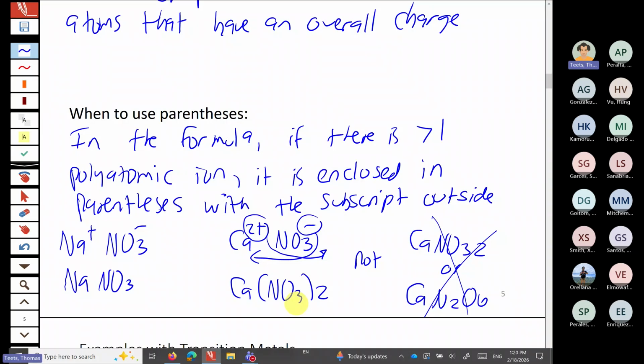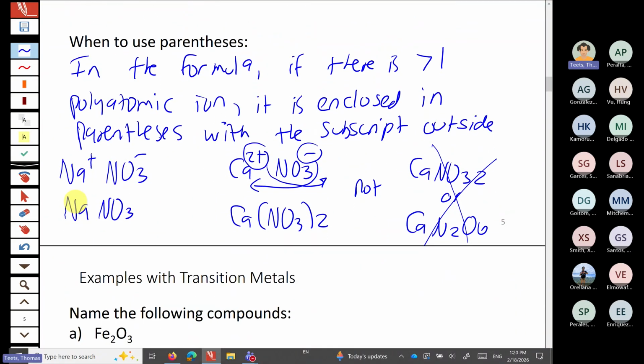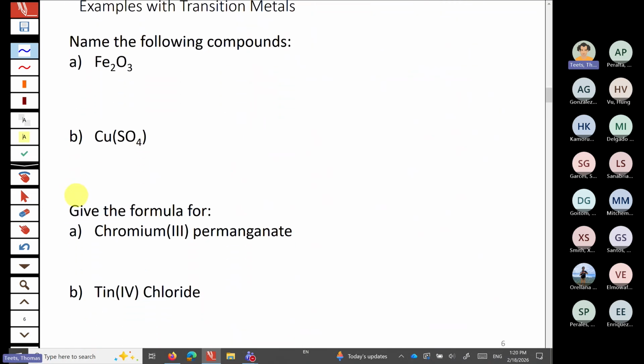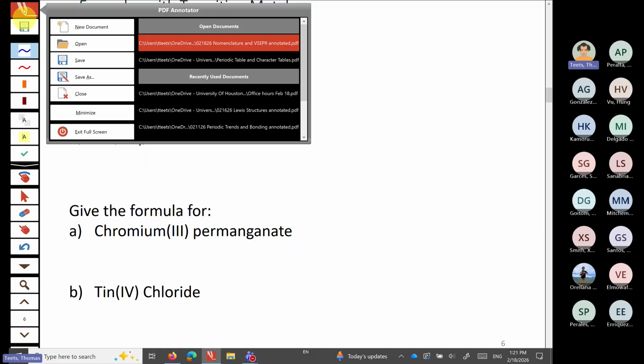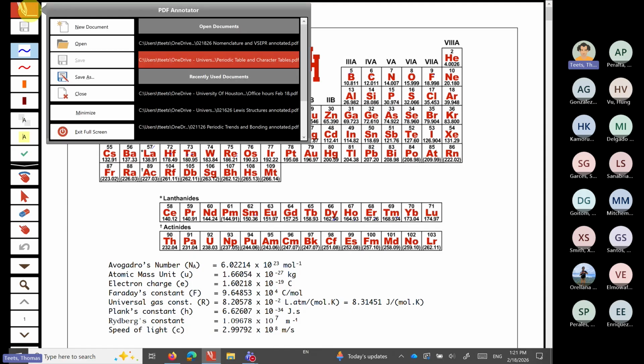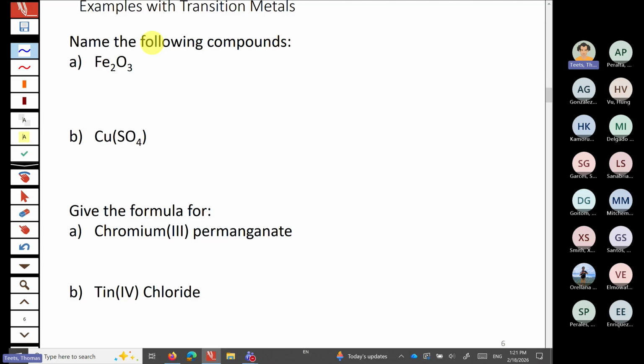All right, so now we're going to go through some other example problems where we name compounds. So if we have Fe2O3, so when we're dealing with transition metals, so again, if it wasn't obvious, we already talked about it a bit, but Fe is right here in the middle of the D block. So it's clearly a transition metal. And so we need to make sure then that the name of that compound designates the charge of the metal in parentheses. That's the key difference when you have a transition metal in the formula, is to make sure you include the charge. So for Fe2O3, it's not obvious from the formula what the charge is, so you have to